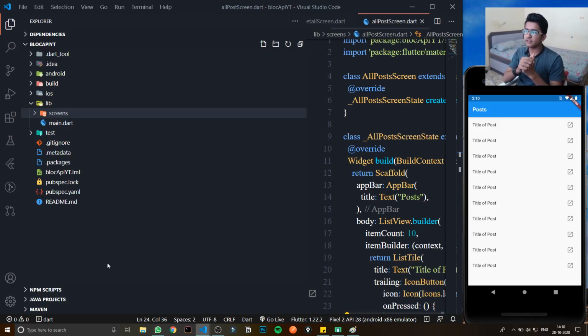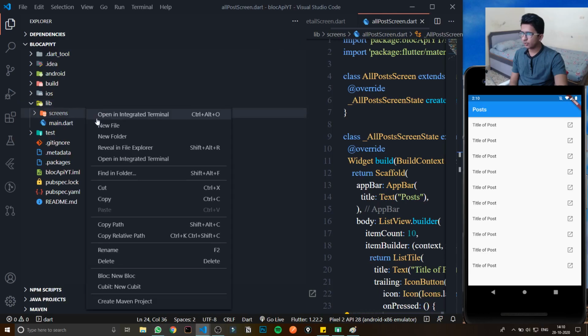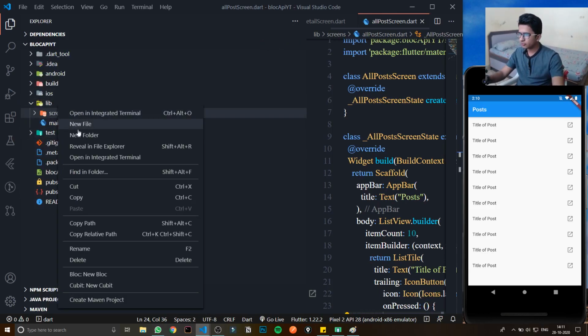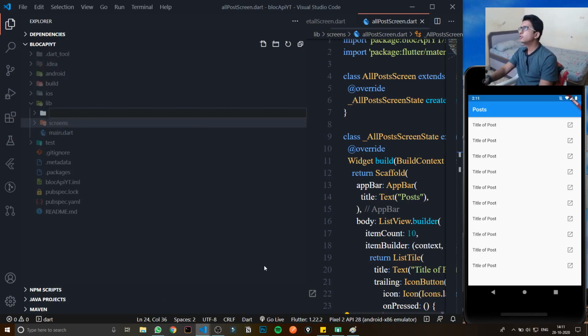If you are creating a real world project, there will be lots of screens, maybe 50, 60, 100 like that. They can all go in the screens folder, and then you can create one more folder, in which you can store models.